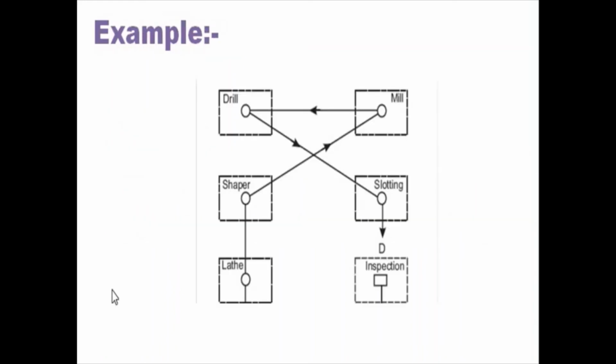Now this is a typical example of the flow diagram. At the top of the chart, the job description or the job title is required. Then the scale is also mentioned in the chart. Here some machines are located, and this diagram is drawn to scale. The drilling machine, milling machine, slotting machine, inspection, shaper, and lathe machines are located, and these lines and directions show how the man or material is moving across those particular machines.